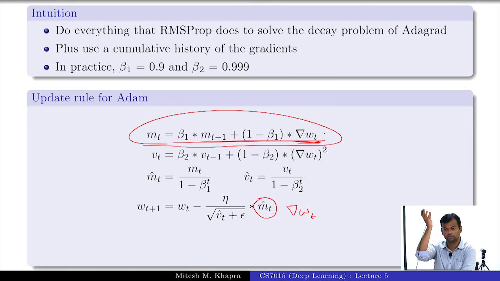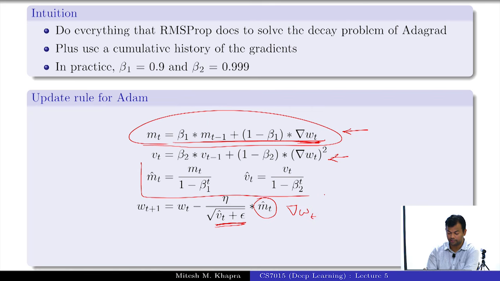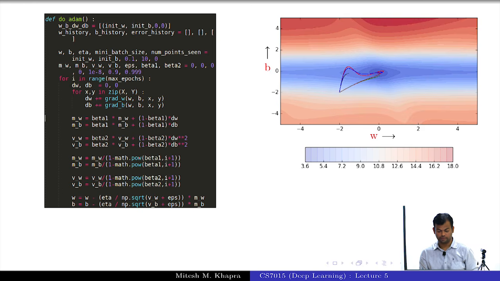How many of you get that? Okay. And now this quantity, there's nothing new. This is the same as what RMS prop suggested, that you divide the learning rate by the accumulated history of gradients. So it's just a combination of these two. One is to take care of the learning rate, the other is to use a cumulative history. Does it make sense now? Okay, fine. Now this part is something that I need to tell you about. I'll tell it to you after I run the algorithm, and then I'll come back to that. But is the update rule clear, that it's a combination of momentum plus scaling the learning rate? Okay, fine. And a similar set of equations for BT.